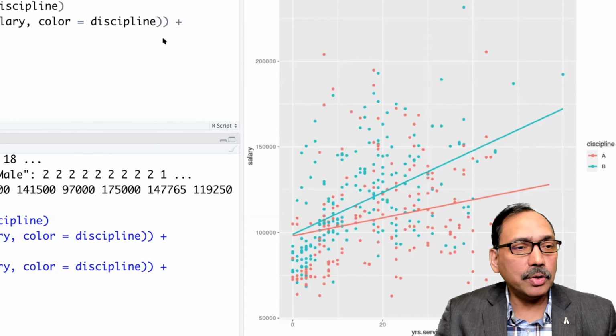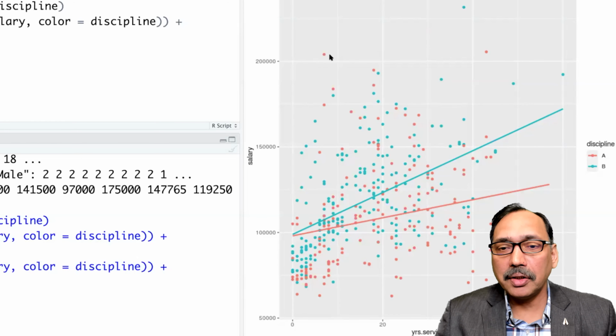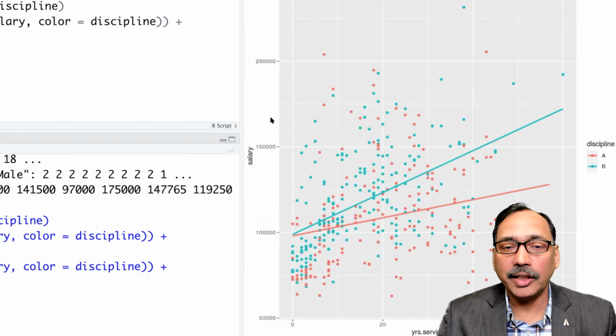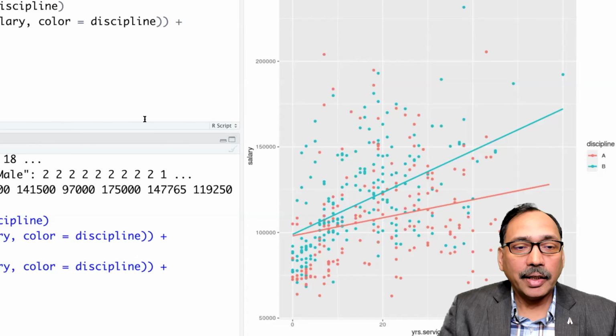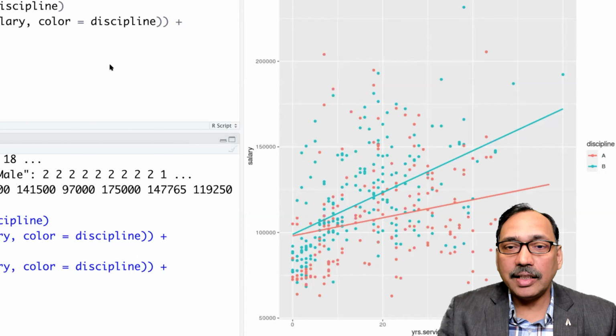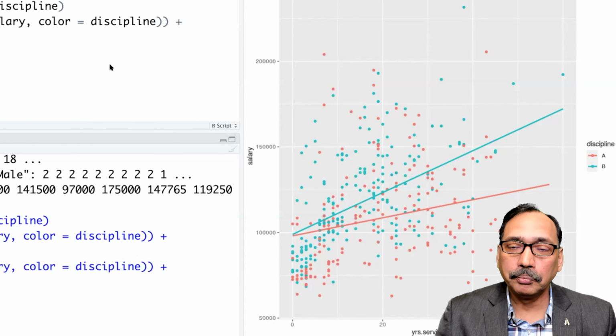It may be difficult to say they are independent or not, because the scatter plot is not between the independent variables. The scatter plot is between the response and the independent variable. So usually if interaction is significant, we should not ignore it. We should include it in the model.